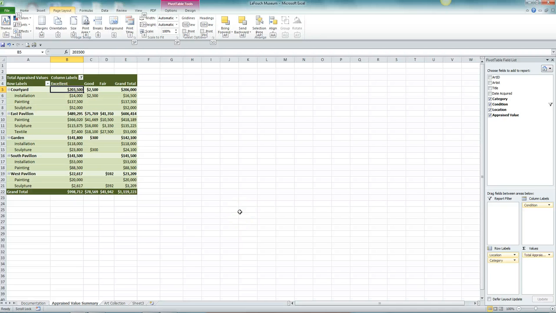Excel Chapter 5, pages 282 through 285. Collapsing and expanding items. Step number 1. To collapse the courtyard items in the pivot table, point to the collapse button next to the courtyard until the